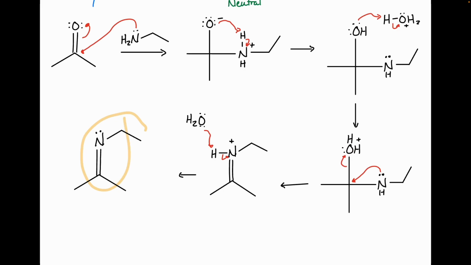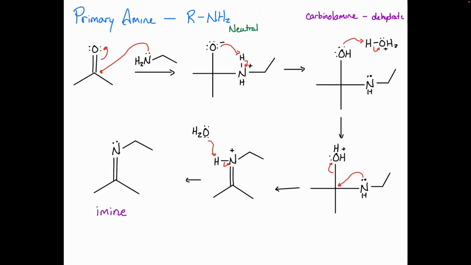But nonetheless, this is the product of this reaction here, what's called an imine, I-M-I-N-E. And it's sort of analogous to the ketone that you started with, but now you've swapped out your oxygen for